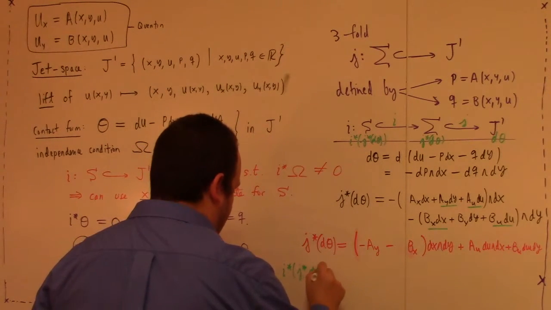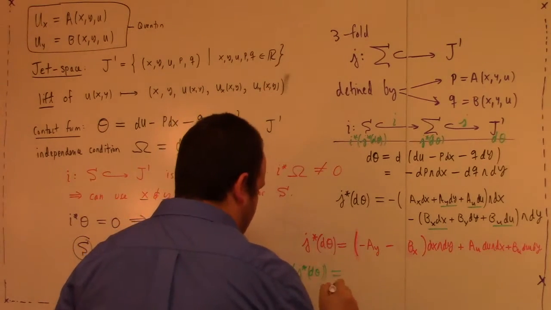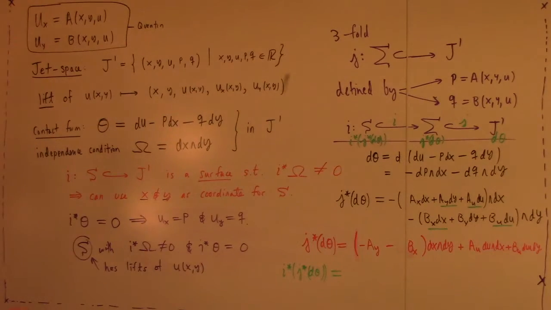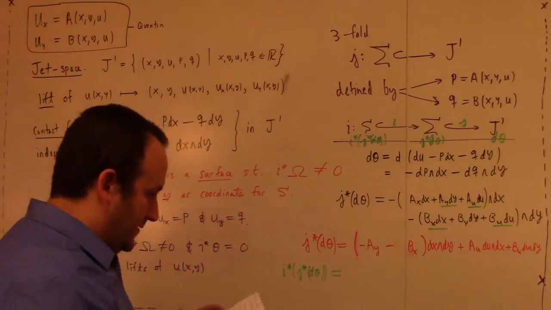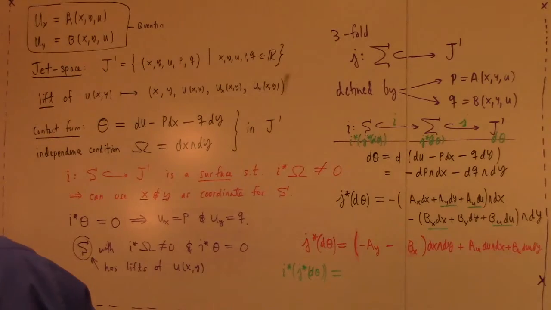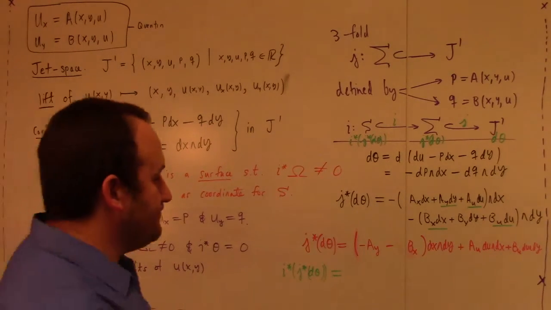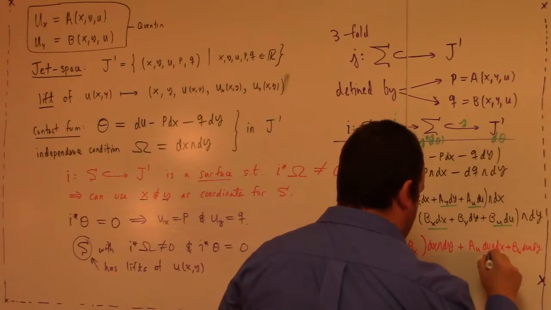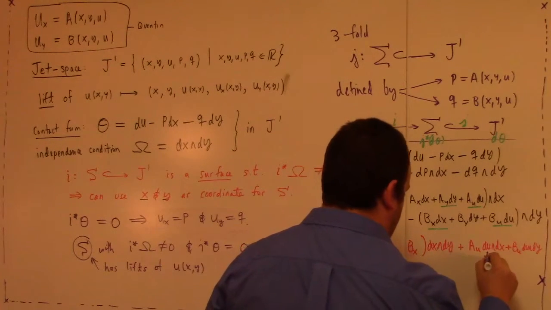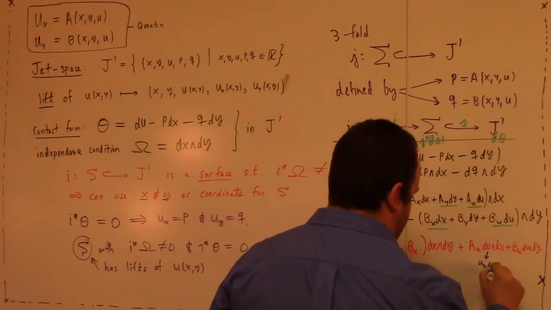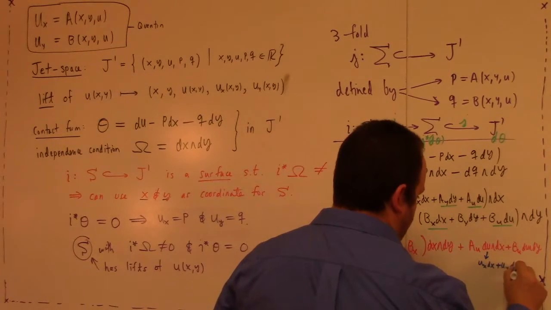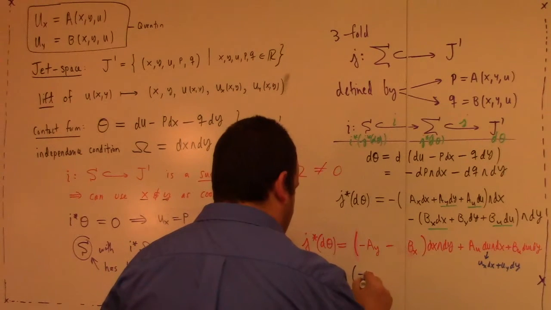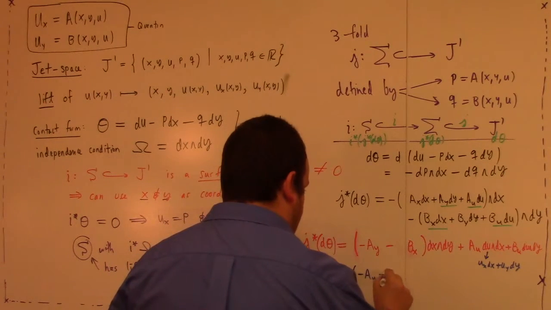This is just a lot of notation for a simple idea, which is that now we're going to look at u as a function of x and y, basically. So the du becomes, at the next level, ux dx plus uy dy. dx wedge dx goes to 0, so what you're going to get is minus ay minus bx,